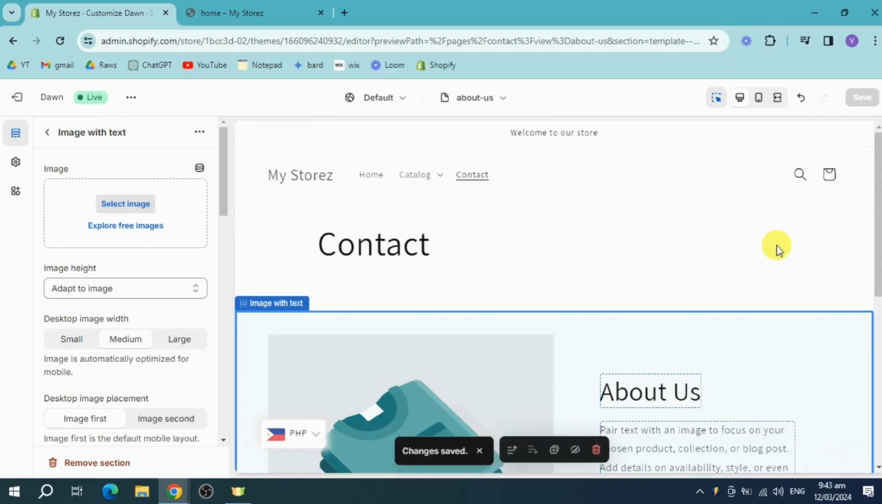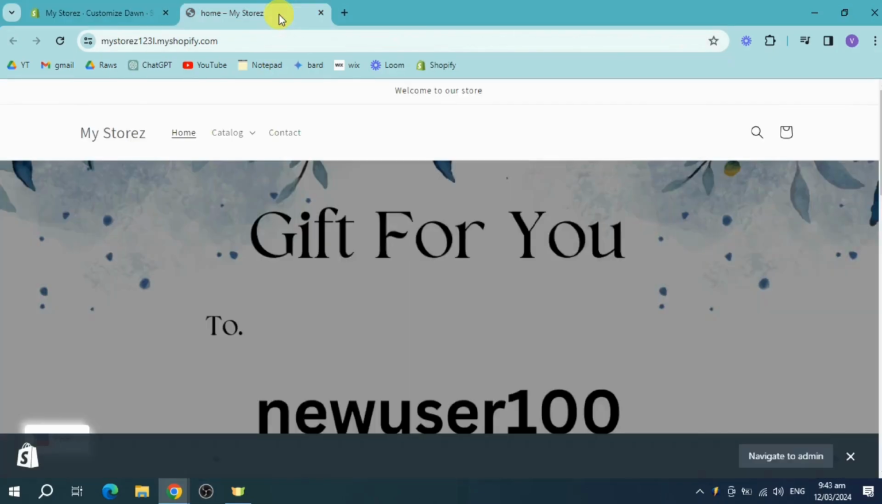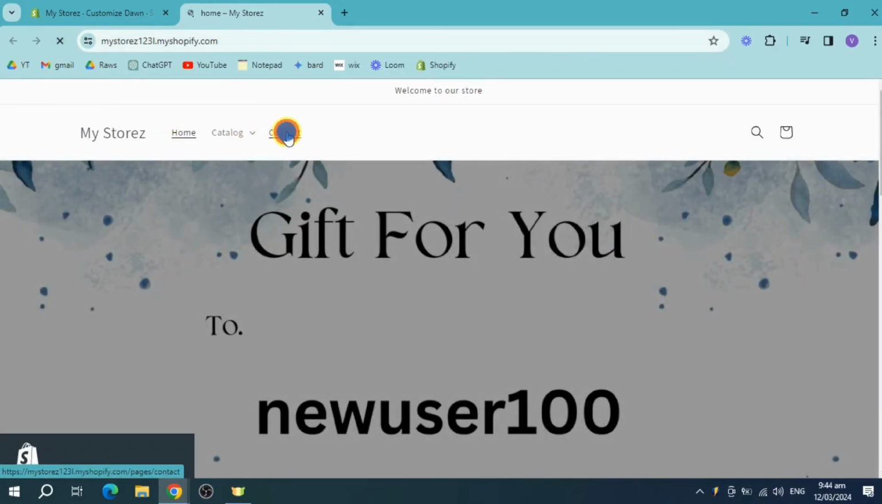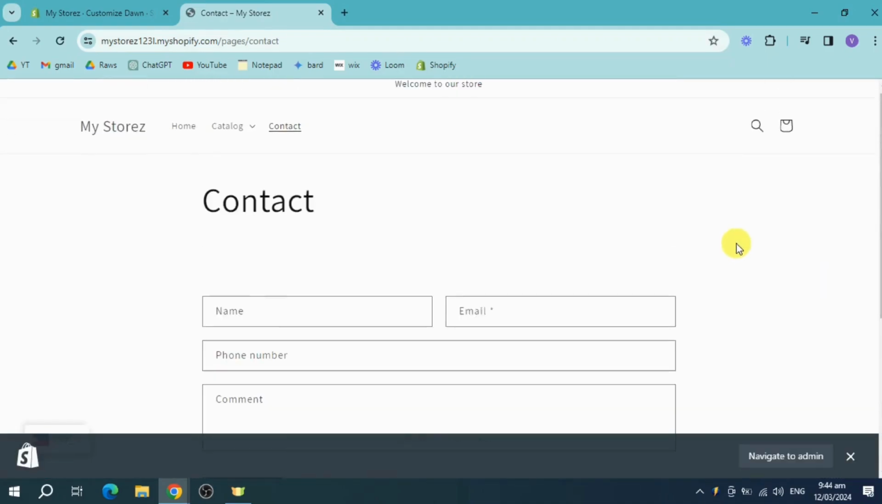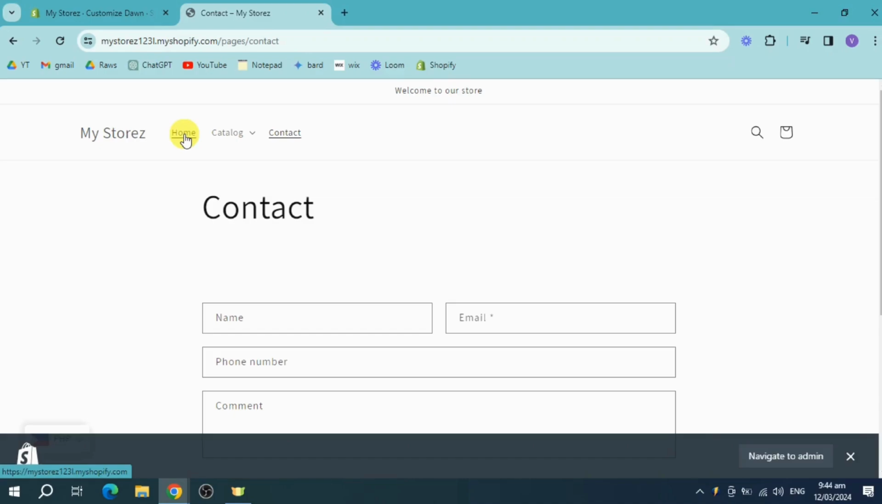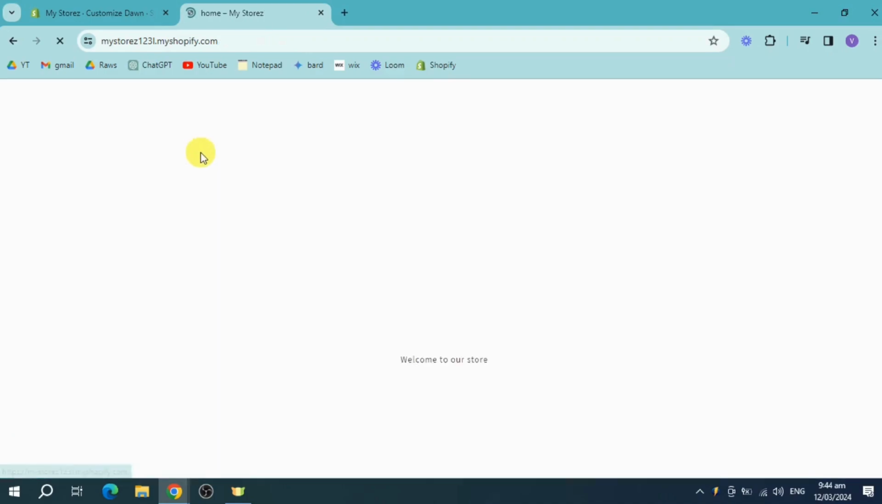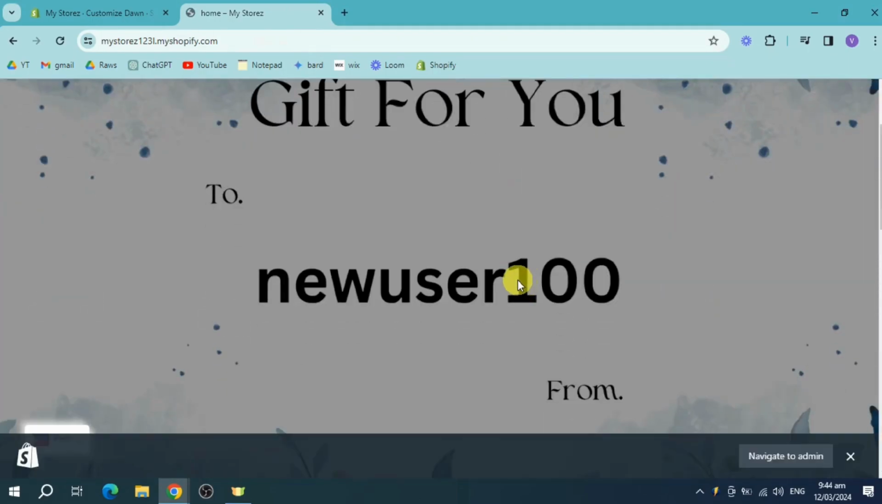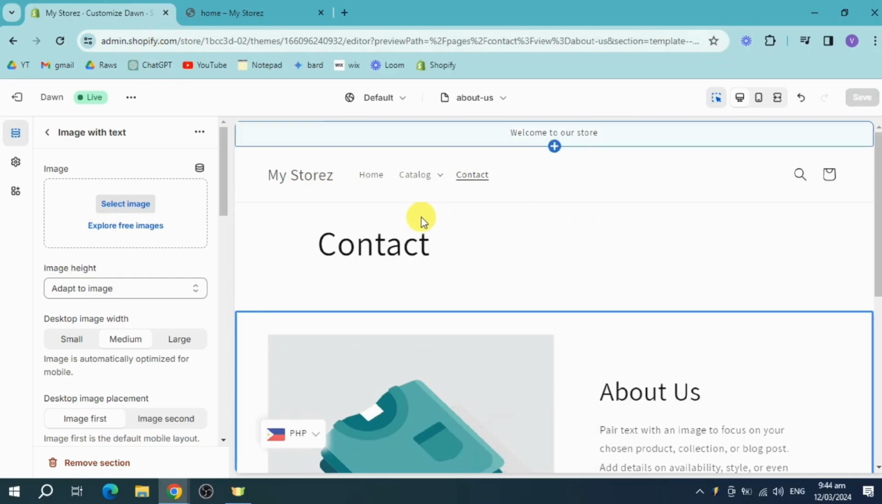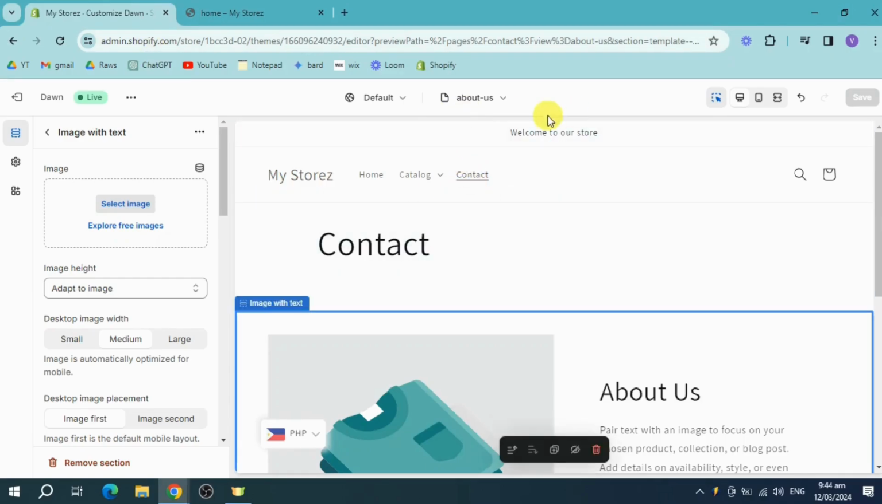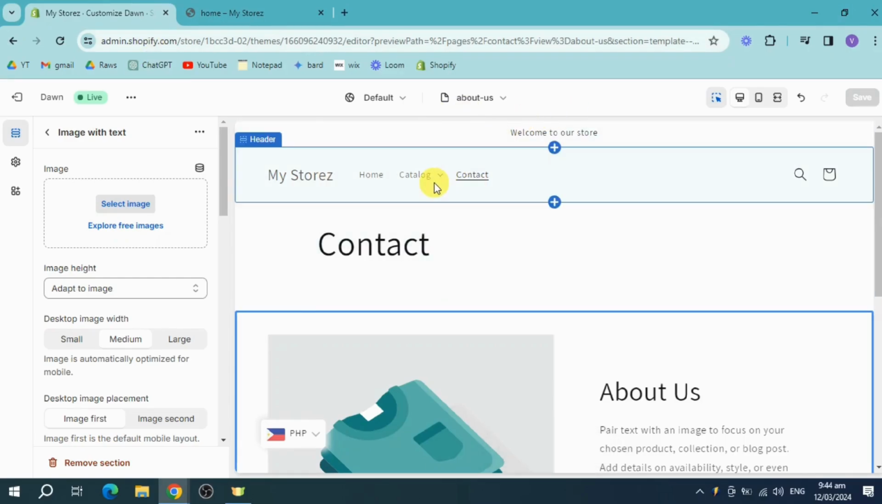So for example, let's head over to my store and refresh this. Under this, you can click on contact, and under here, I should be able to see the contact page and all of that. From in here, I can also see the actual About Us page once you head over and explore it. So from in here, you can just publish it through here. If you can see this actual page right here, you can make sure that